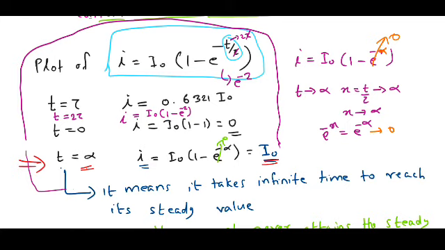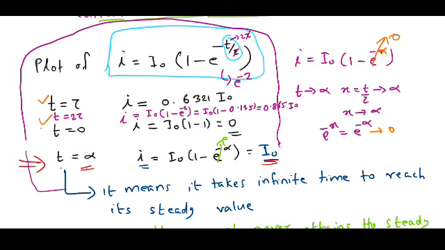If I substitute the value of e power minus 2, this will be I0 into 1 minus 0.135, which is equal to 0.865 I0. Fine. Now, if you consider all these values,